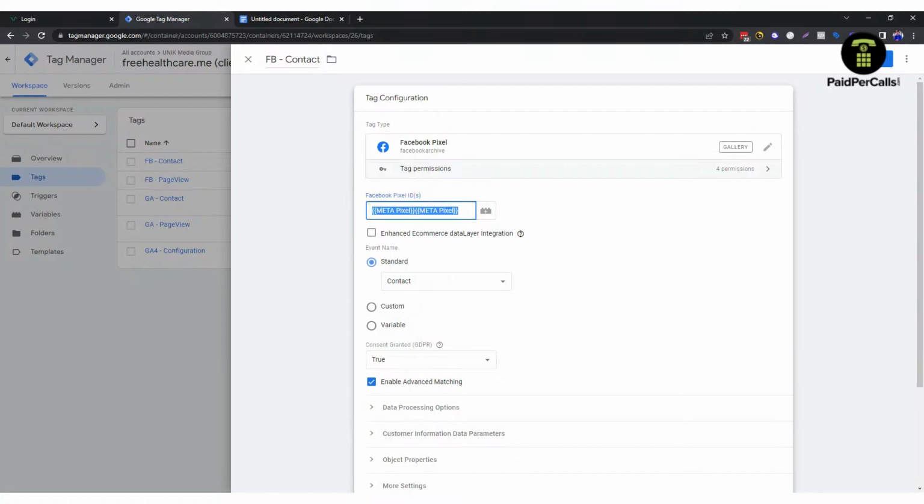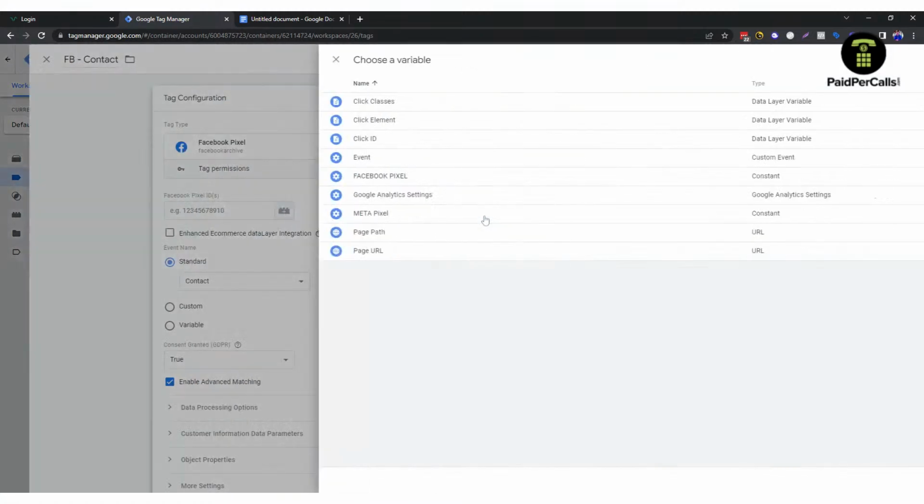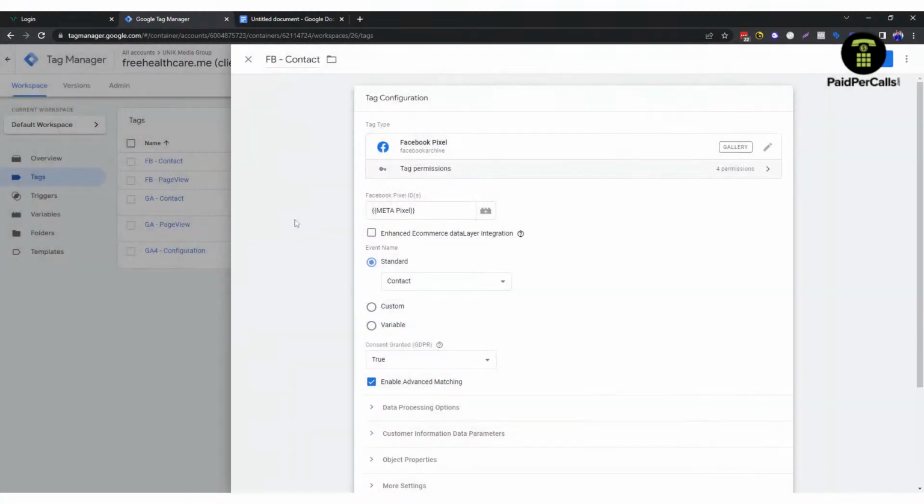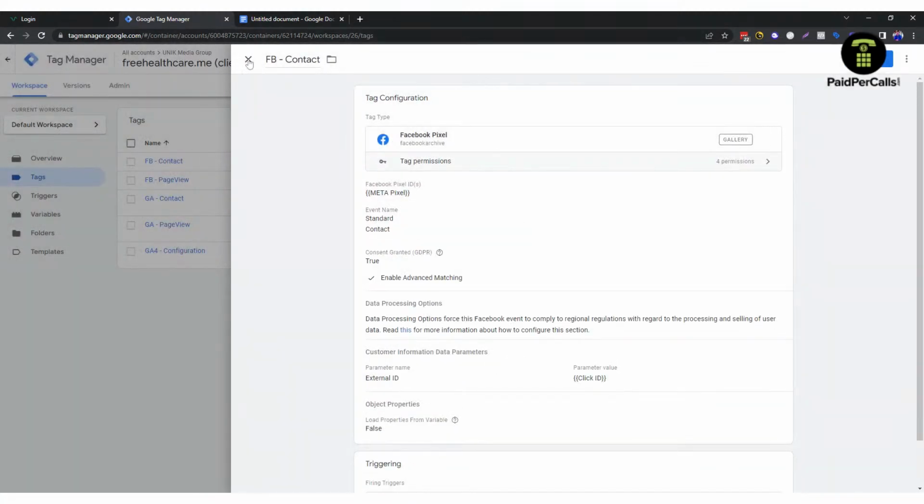And that way you don't have to worry later on. If you change the ID, it doesn't matter. It will be automatically updated there. You only have to change it in one part. Now,